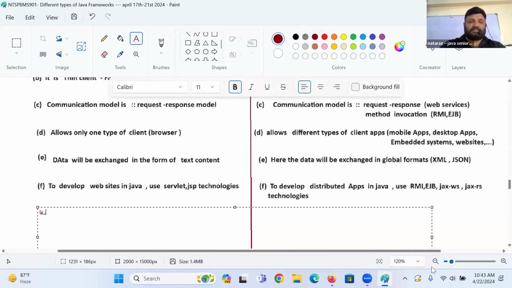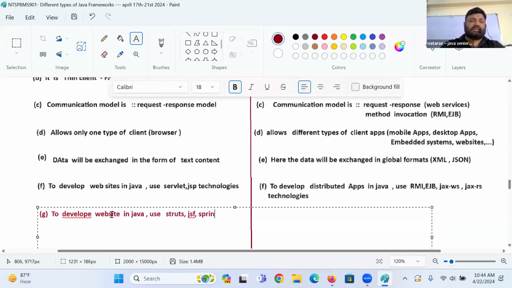FG, guys. To develop websites in Java, use what is there?